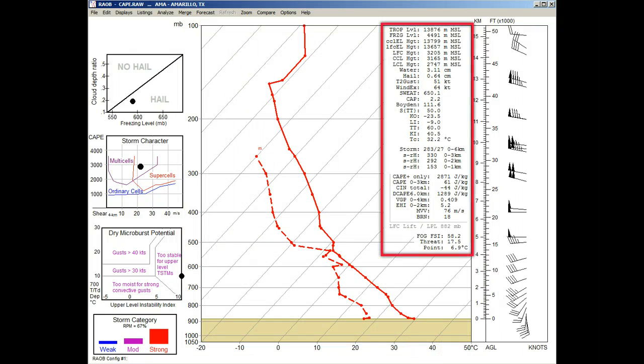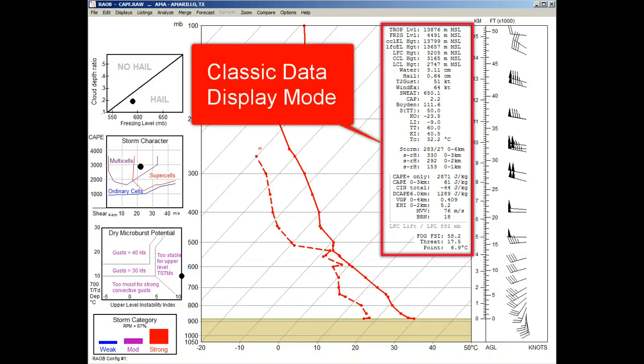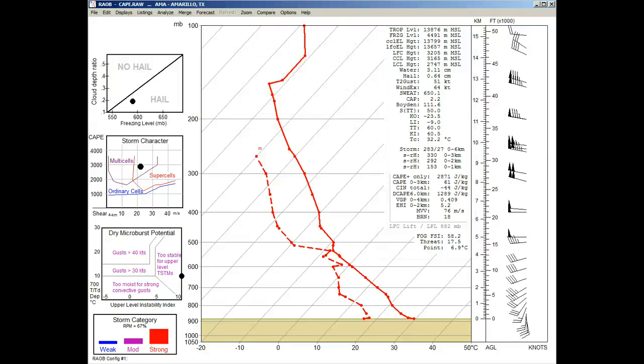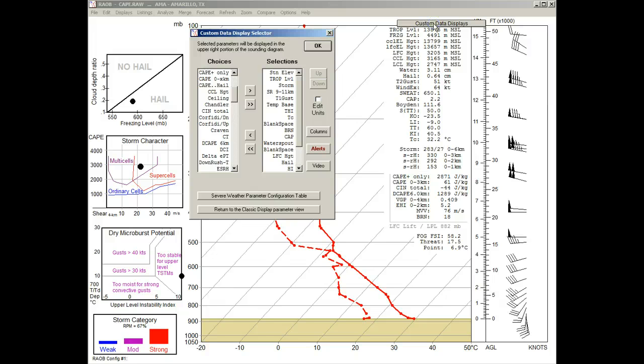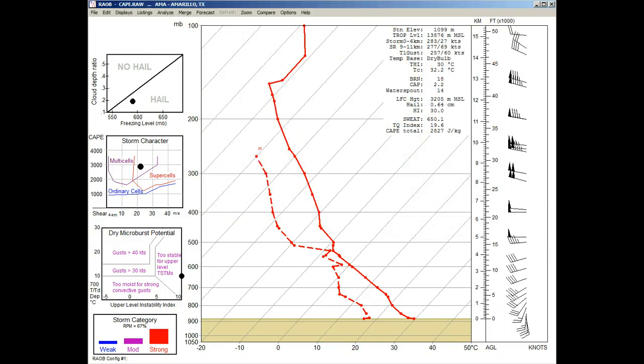In here we see that we are using the classic data display mode, which does not permit color coding. We instead need to use the custom display mode. To do this, we'll move the mouse to the top of the classic listing until the custom data displays button appears. Click it, and there's our custom data display selector. Here we've already preloaded some parameters, so we'll just click the OK button,